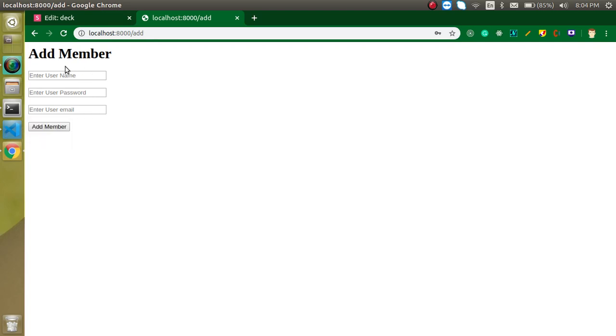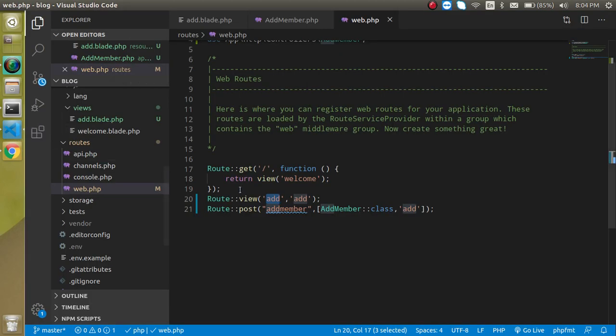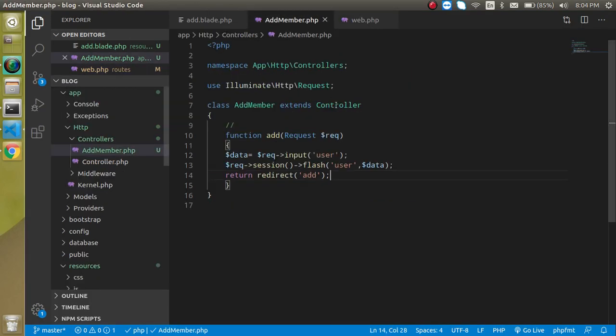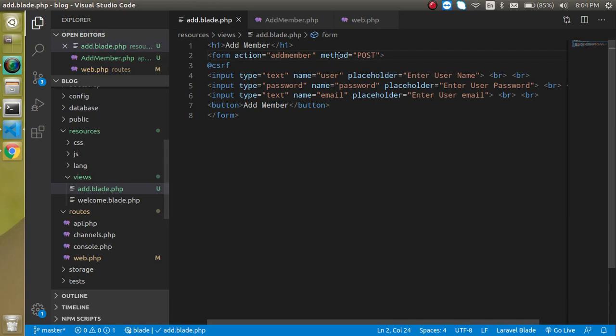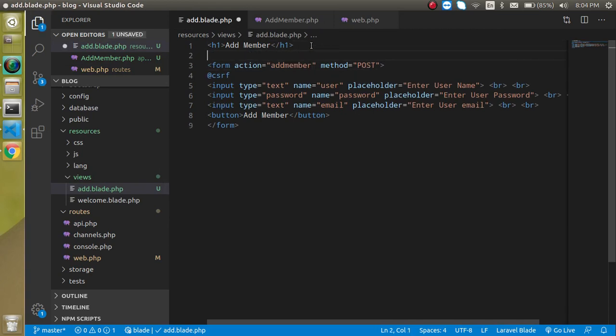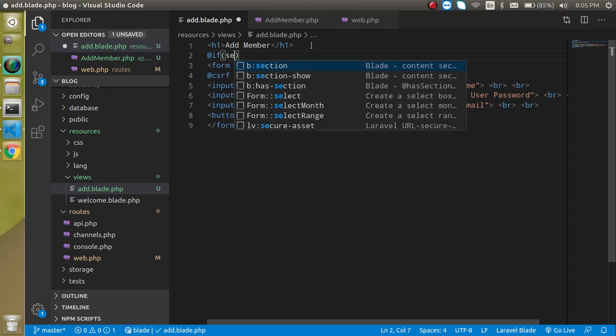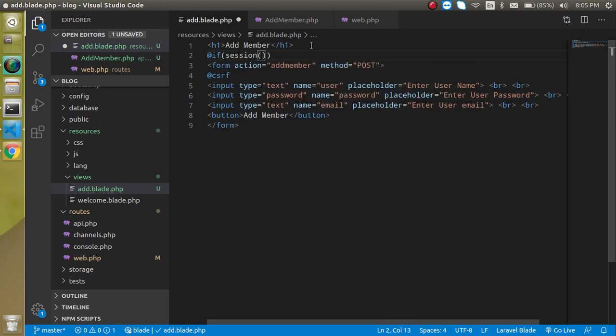So we have to show here some messages like data has been stored and email has been sent or something like that, right? So for that we can just simply use here, because it will just show the message for a while, for once. So just simply write here @if, and just simply use here session, and in the session we have a key like user.